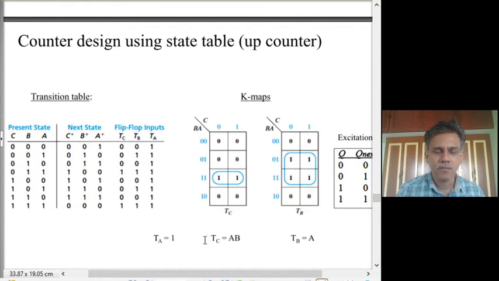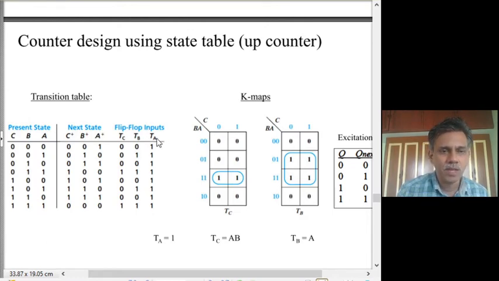So we will have one flip-flop called the A flip-flop, and the B and C flip-flops. The same clock goes to all of them. We will use AND gates to derive these values and feed them to the T inputs, where the inputs to these AND gates are in turn obtained from the A, B, C outputs of the flip-flops. So that is the circuit you have to have in your mind.